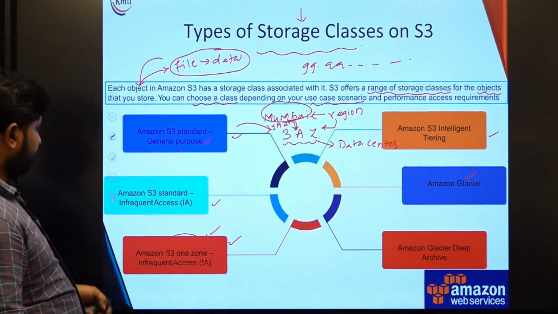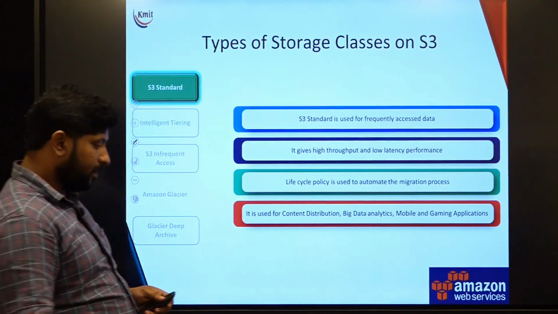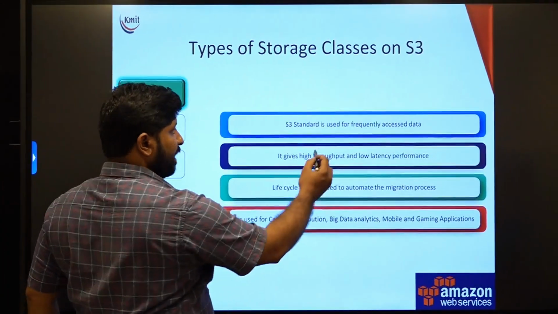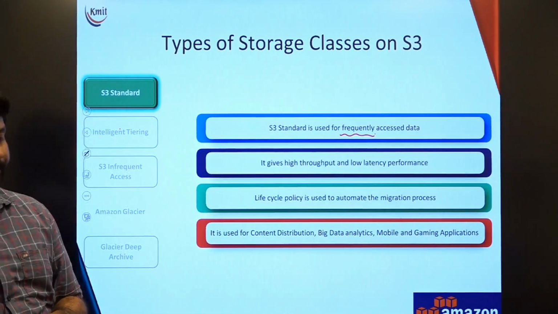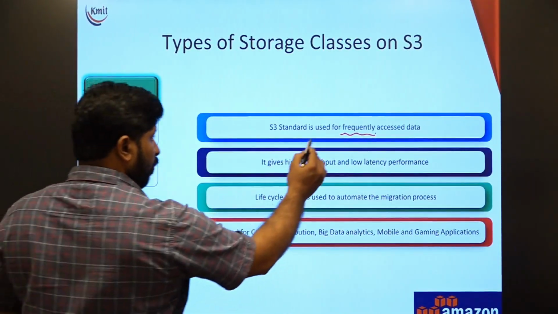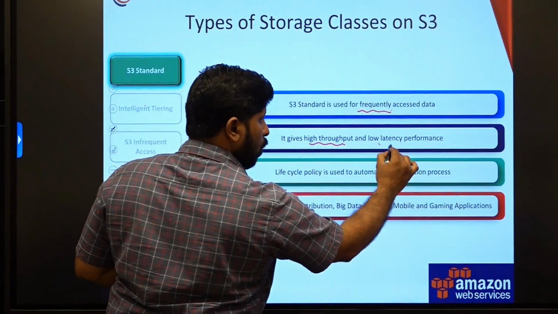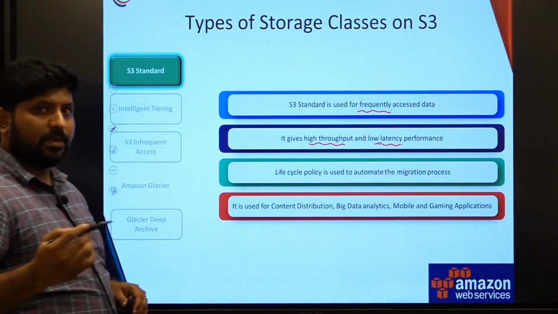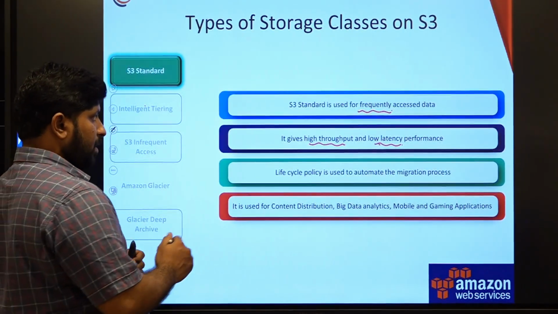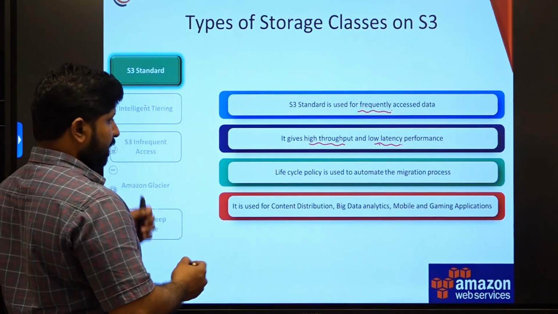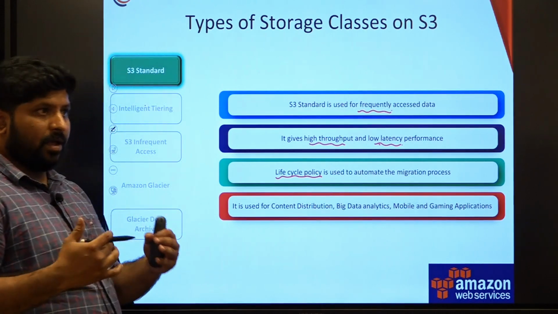Coming back to this, let's see one by one. S3 Standard. If you want the data to be accessed very frequently, then we are going to select S3 Standard. At the same time, when we require high throughput with low latency, latency means the read or write time should be less, at that time we will be using S3 Standard, as well as you can adopt an automated lifecycle policy